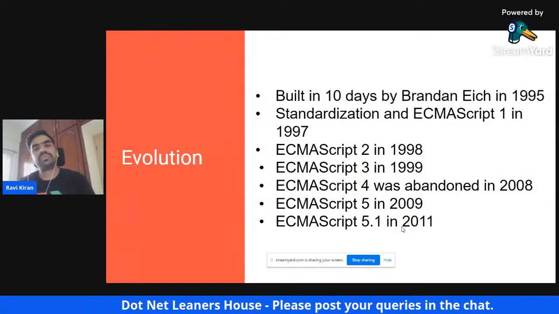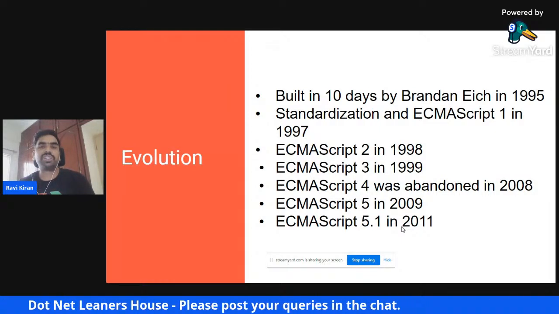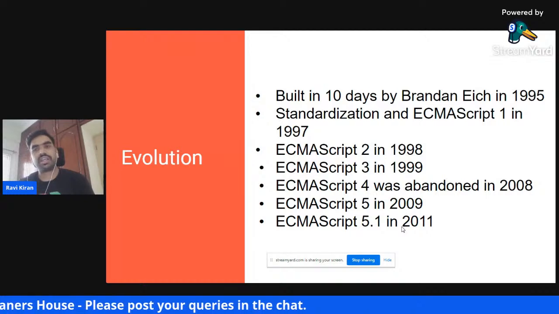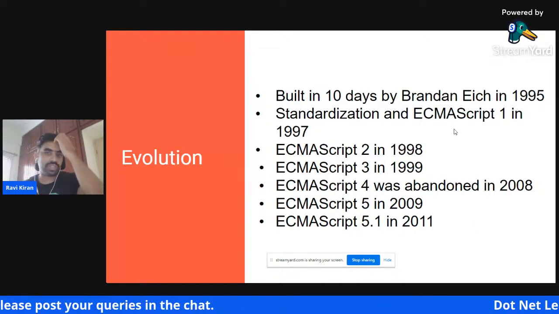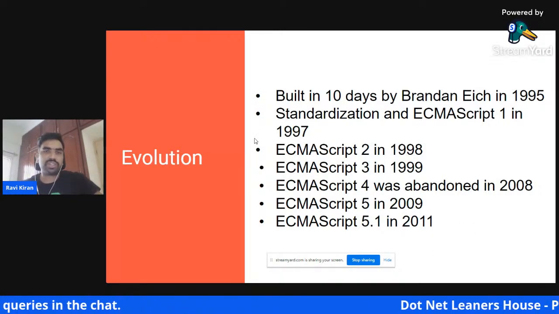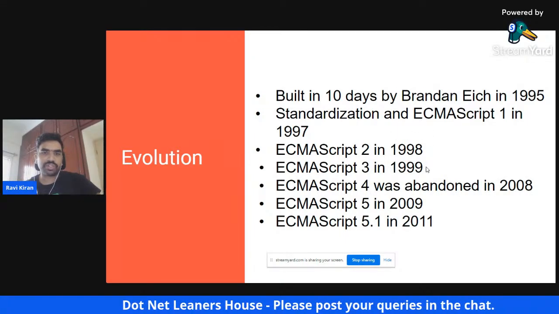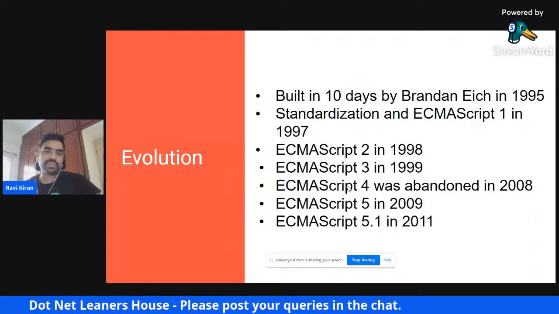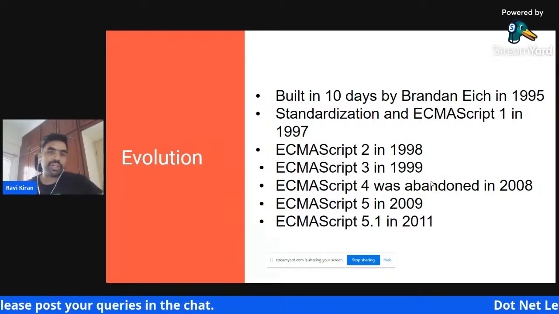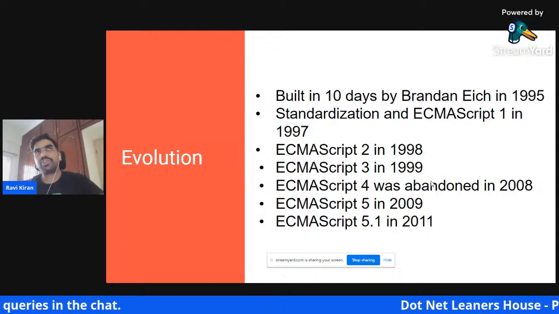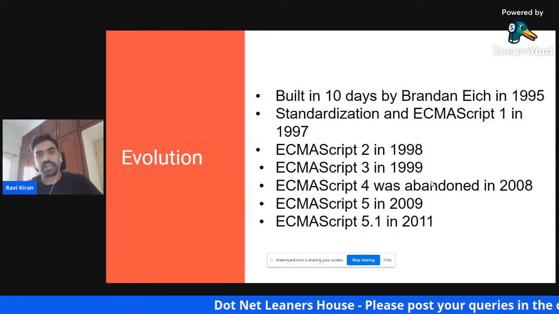When the web community saw the need for standardization, they created the ECMAScript standard, and version 1 of the standard was released in 1997. Then versions 2 and 3 were released in the subsequent years. ECMAScript 4 came up with a lot of new additional features which JavaScript was not initially meant to contain.